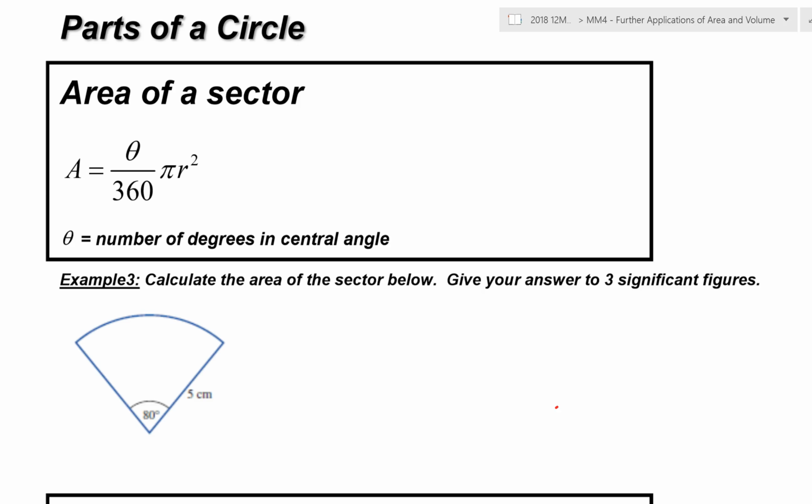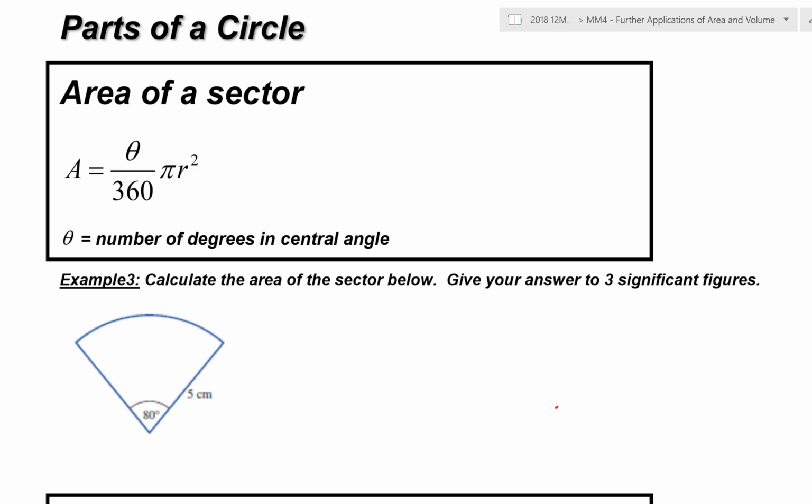Welcome back to the second video in our MM4 topic, applications of area and volume. In our first video we looked at absolute and percentage error, and in this video we're going to look at parts of a circle. So that's going to be a circle, which I'm sure you're familiar with, a semicircle, equally